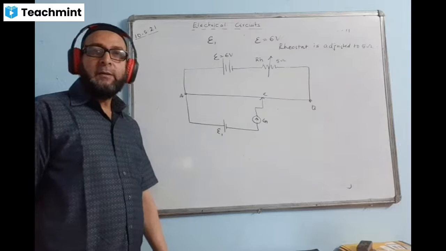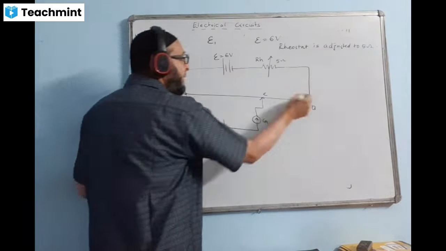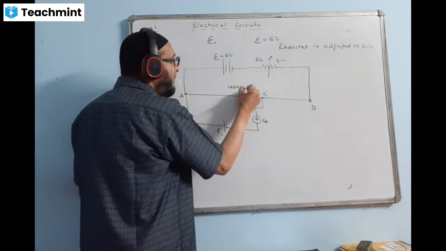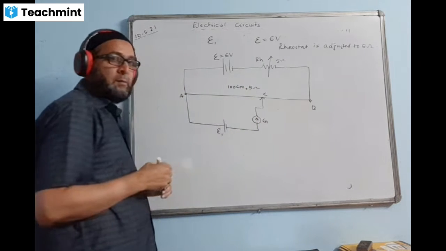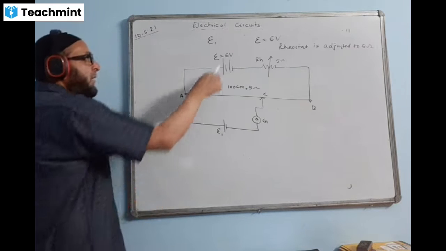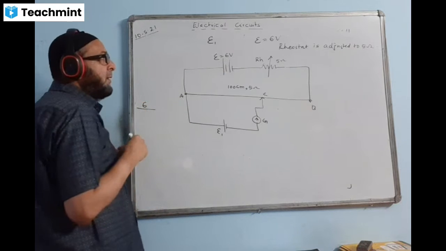That is the figure given, and they are describing something. The wire AB's length is how much given? 100 centimeter. You can write here 100 centimeter, comma 5 ohm. The resistance of this wire is 5 ohm. Now what do we do? We do it a simple way. We make the potential gradient equal, right? 6 divided by